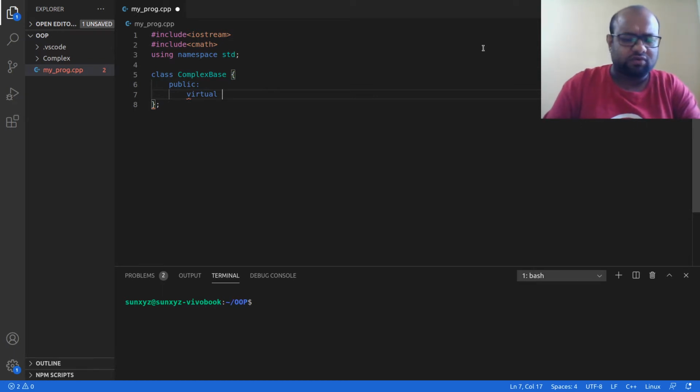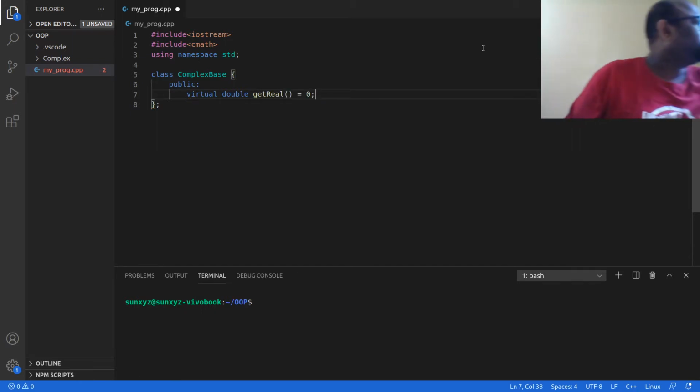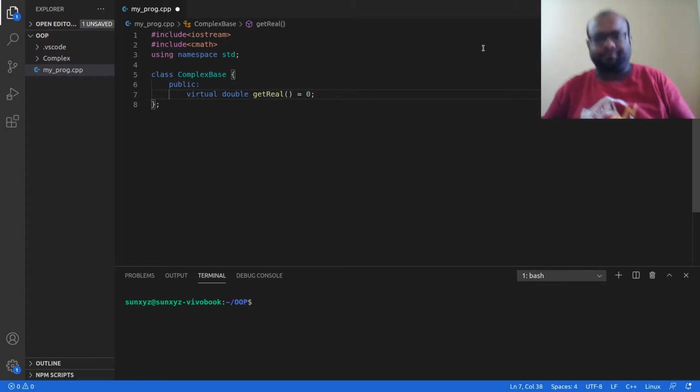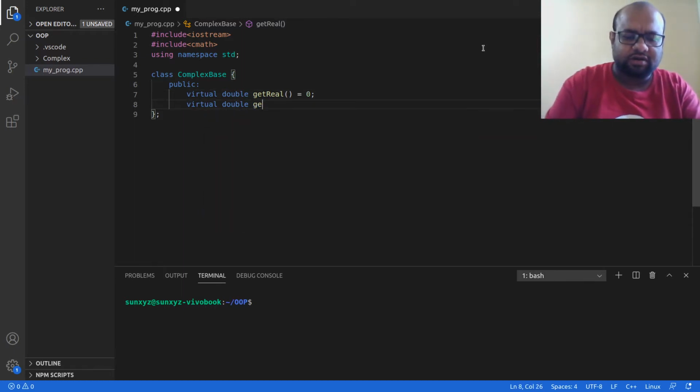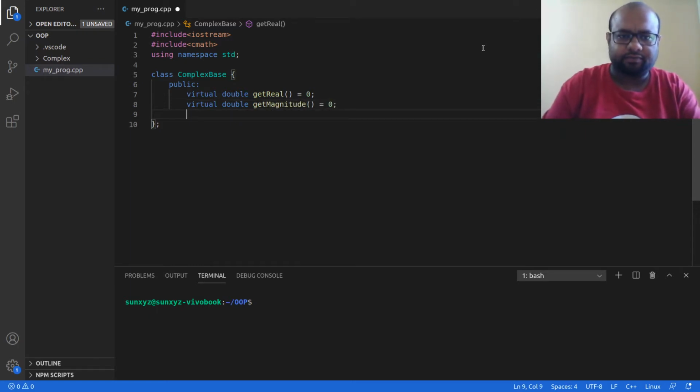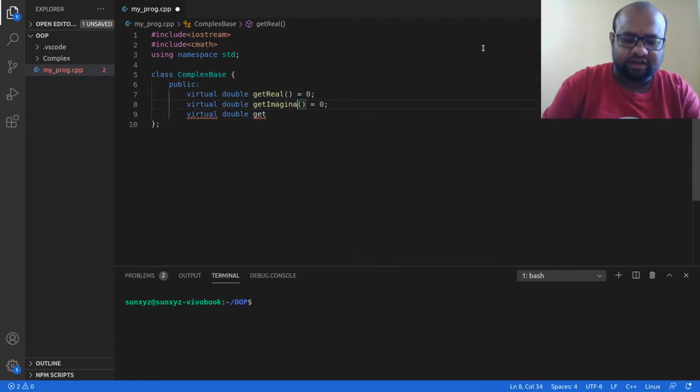So virtual double getReal equal to 0. Virtual double getMagnitude. Virtual double getImaginary. Get imaginary should come before get magnitude.